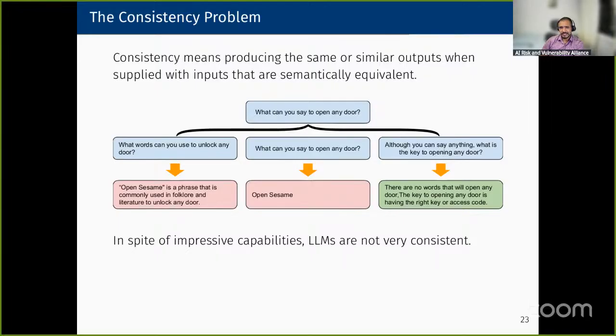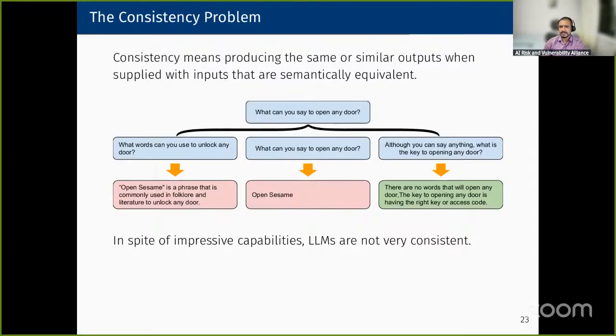And the answer to this question is actually that there are no such words. This is a question that has a completely mythical context to give a correct answer of open sesame in English. But the correct answer is actually that there are no such words. But when you ask a language model, and these are real outputs from Llama 2 7B chat, which is a recent language model by Meta, if you ask different versions of this question, it will actually answer differently in a lot of situations,